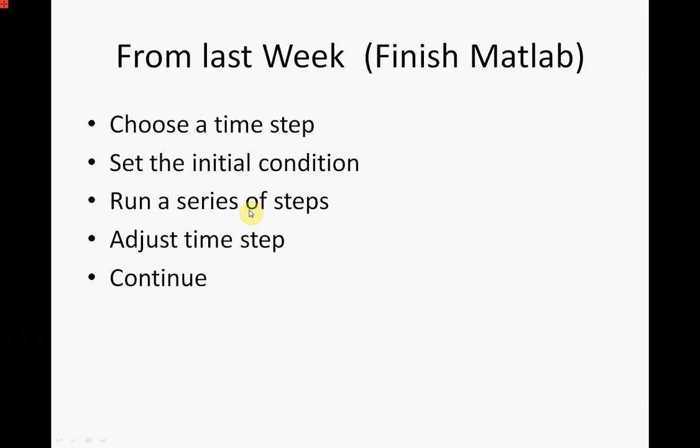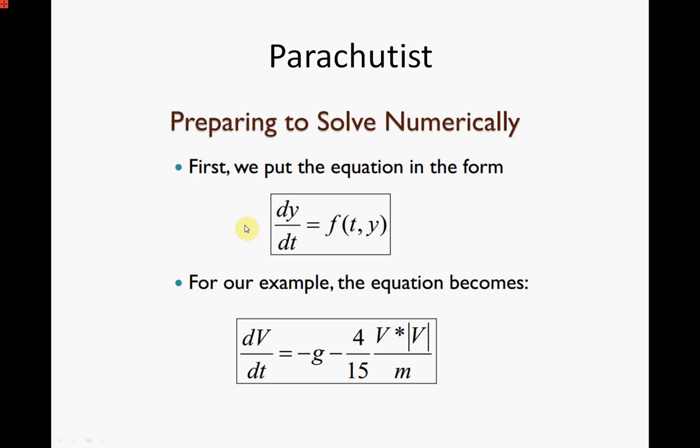So we have to solve that first order differential equation for the falling parachutist, and the formula was something like this. Now I can't remember exactly whether the drag coefficient was 4/15 or 3/15, but anyway, that's a constant. You can change that any way you want. We want to solve that falling parachutist problem,